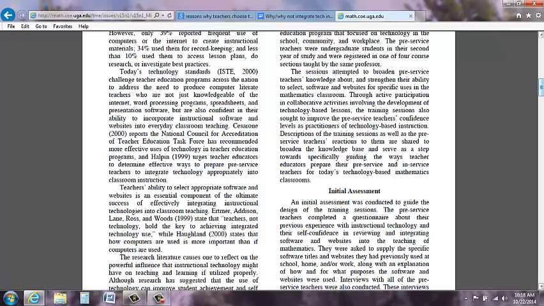Teachers' ability to select appropriate software and websites is an essential component of the ultimate success of effectively ingraining instructional technologies into classroom teaching. So, if it's a teacher's ability to select appropriate software, how do you determine what's appropriate and what's not? That's something that I have often struggled with. I mean, I like this one website, or we use something like this, and something